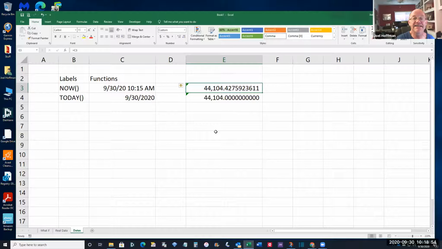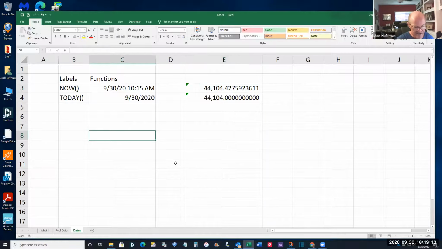That is the number of days since January 1st, 1900, including January 1st. That's how Excel stores numbers. So for example, if I just type the date down here, let's say March 4th,